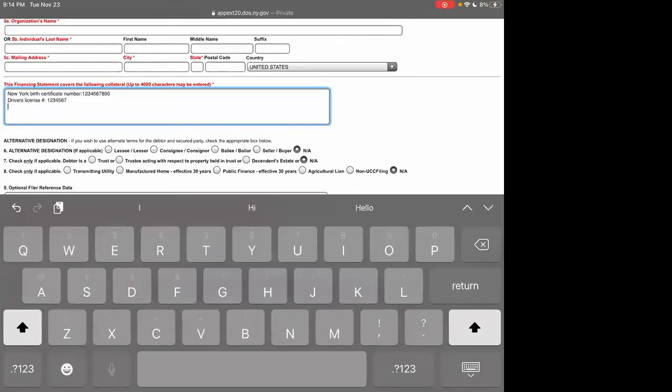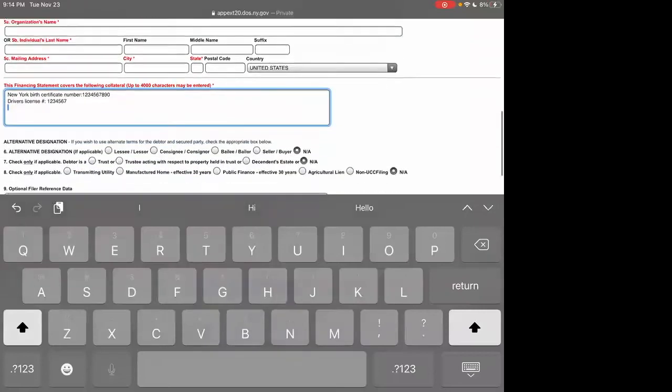But for example, I would get a copy of my expired driver's license and then include that copy on my financing statement. You know what I mean? Or I'd get the copy of my expired permit and then I'd include that on my financing statement, or my expired ID card, or anything that's expired, really. Right. Okay. Perfect. Thank you for that. No problem. So you list all of those on there.